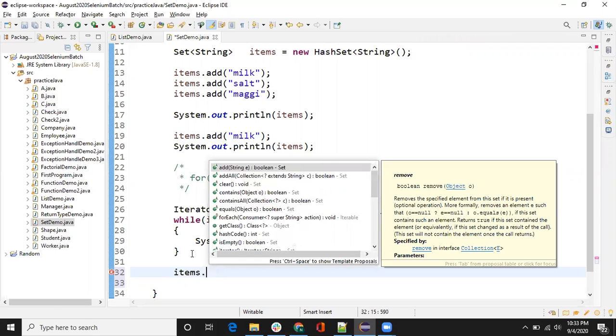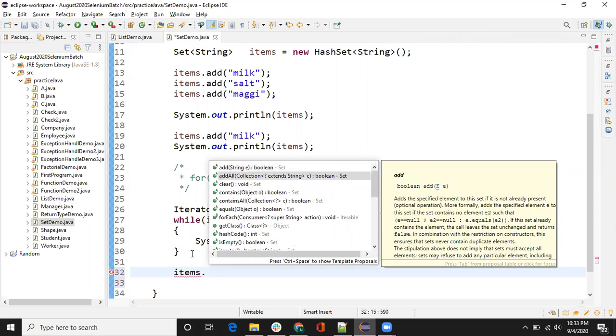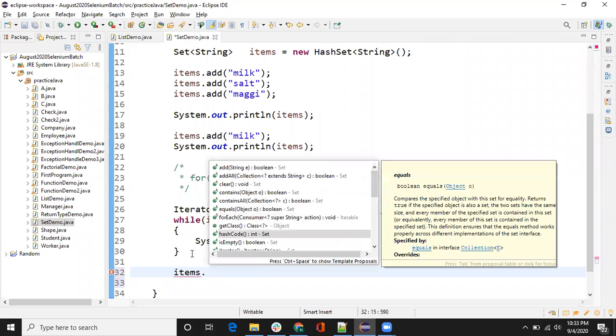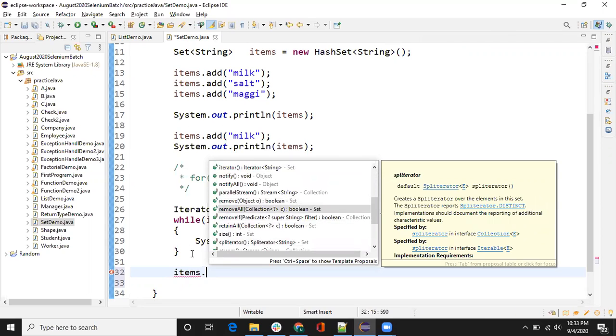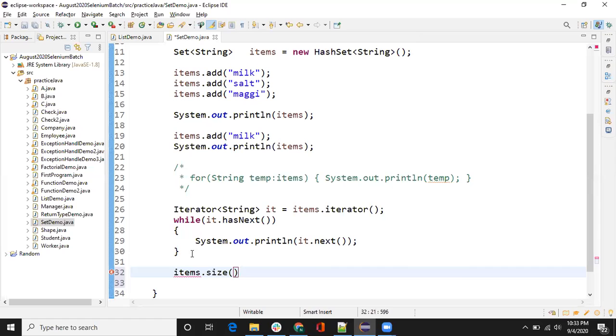It's like this. Add is there. So add is to add a particular value, and remove is to remove it. Size will give you the size of the set, so you can anytime add a new value also. So if I say items.add, if I add pen drive, and then I will check what is the size of